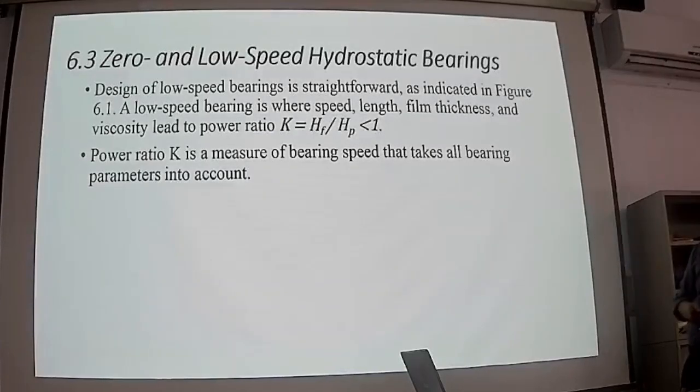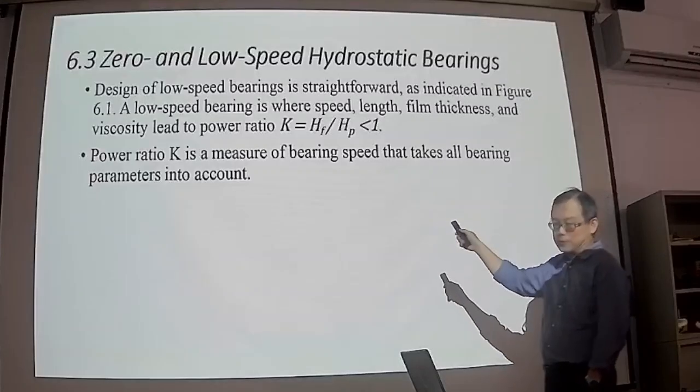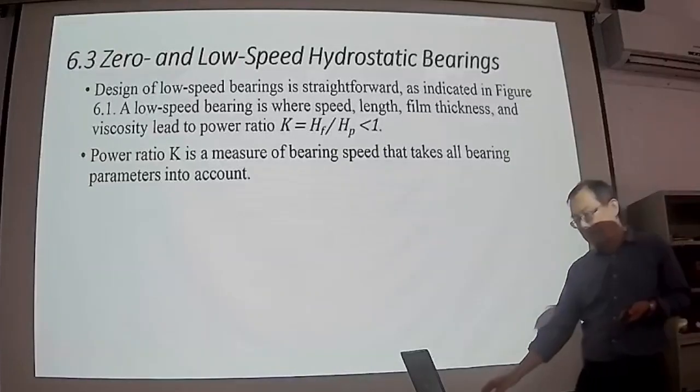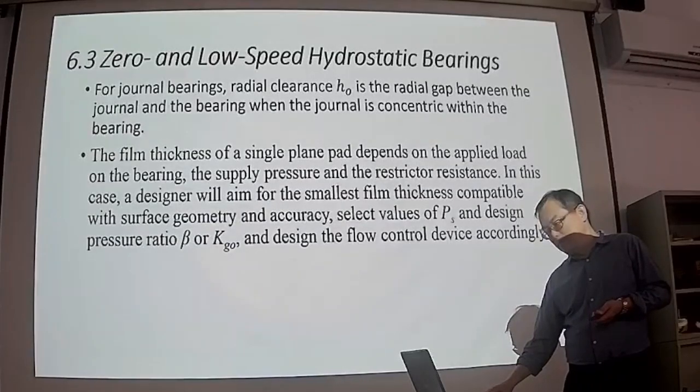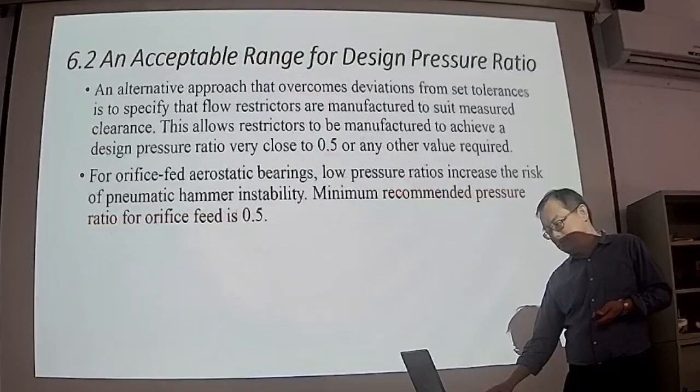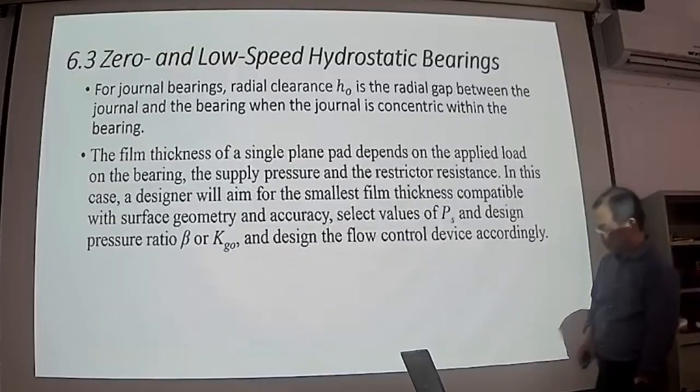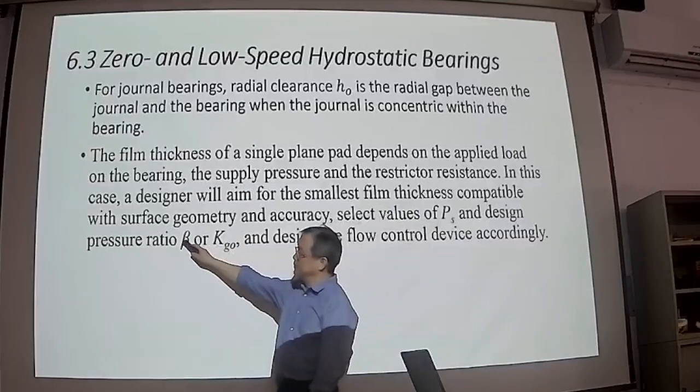So if the power ratio K is smaller than 1, which means it's a zero or low speed hydrostatic bearing. 所以我们其实前面已经有定义过，功率比其实就是我的摩擦功率比上我的泵浦的功率。K 值如果小于1，就是我们讲的低速或者是零速度的那个轴承。